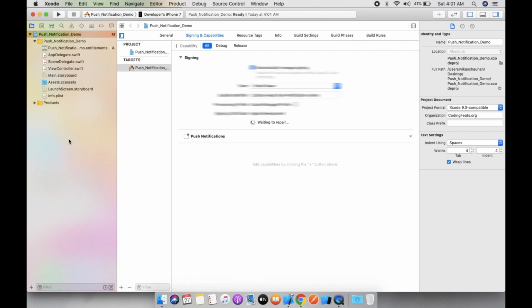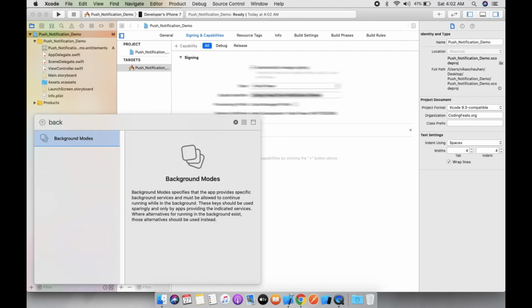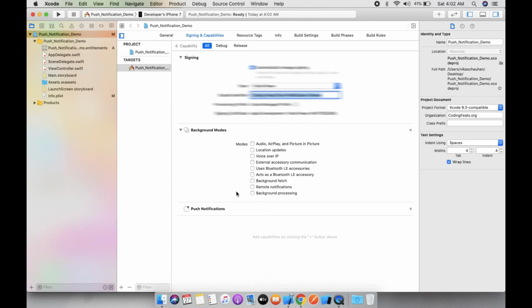You can double click on it, and now add one more capability, background modes. In background modes you need to check the values of background fetch, remote notification, and background processing.